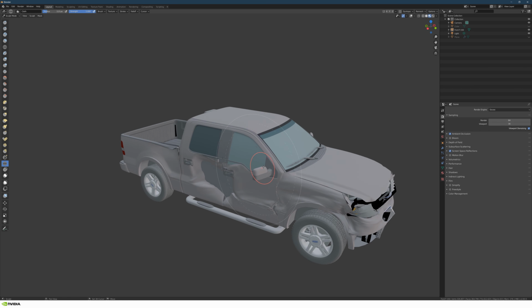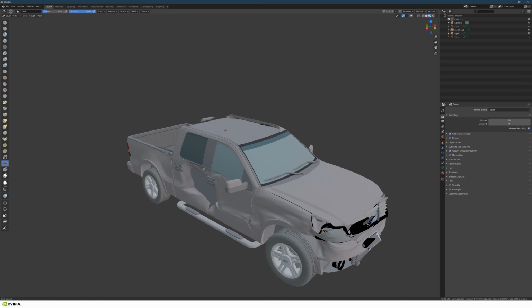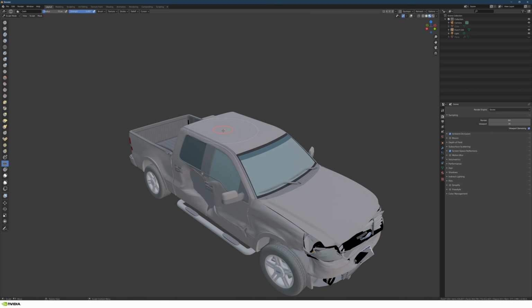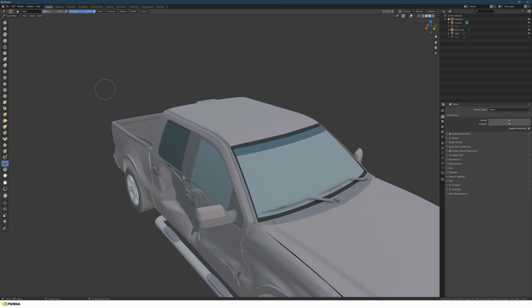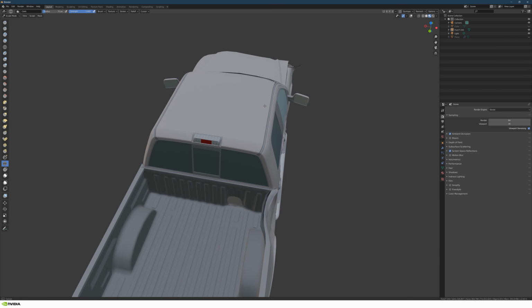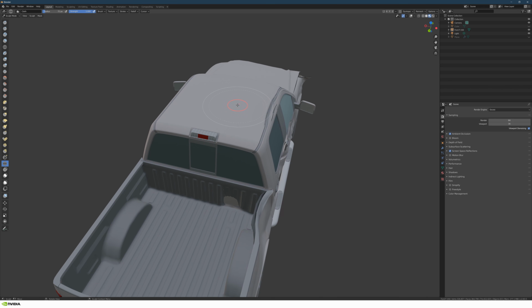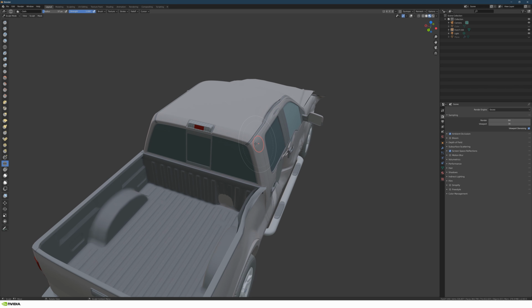Maybe there is some... The brush is too big, it might make parts disappear. Or there are still some small errors here and there, but that won't stop me from using this amazing tool. I bet the developers will make it even more awesome. I have a little problem with this roof. Let's try to make it so that the brush is contained. Maybe it's not a good idea, but